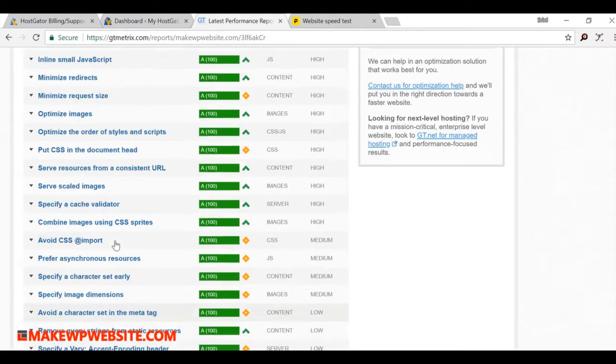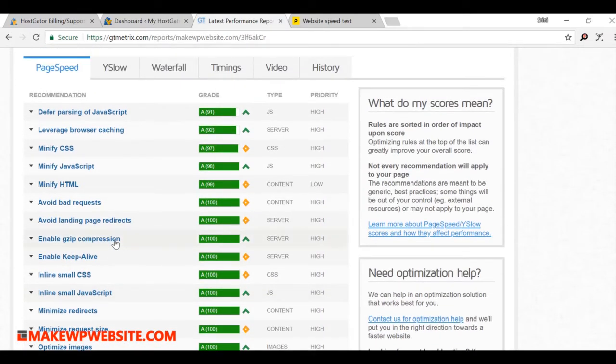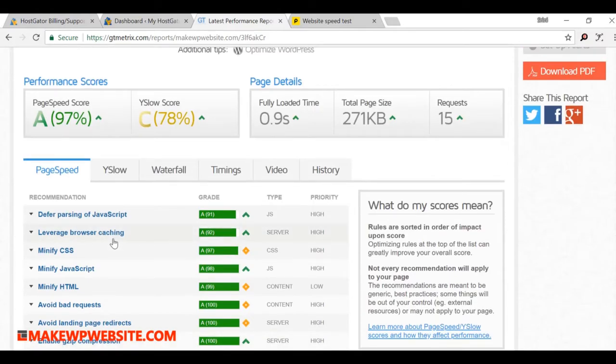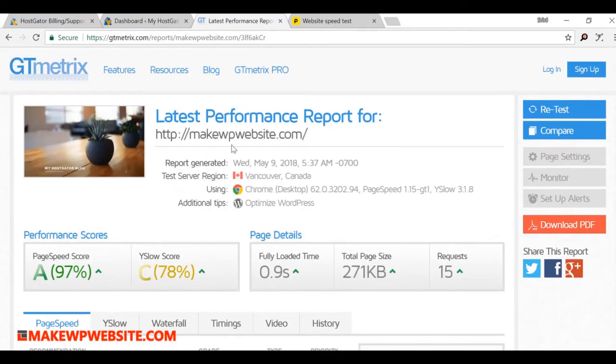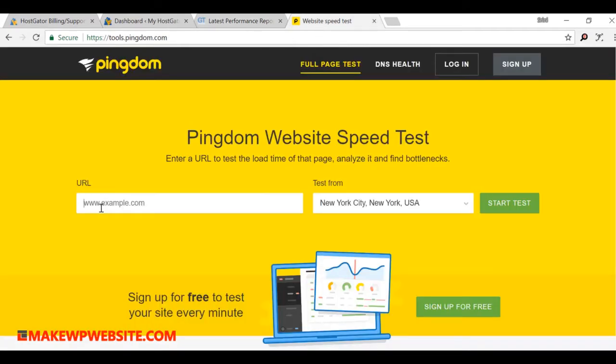I'm not going into too many things because it's too much information as of now. But as and when we add things, if you see an improvement, that's good. But if you see our page speed grade going down or the Why Slow score going down, then I think we need to find a better way of handling things on our site. So this is the page speed score A and the Why Slow score C in GTmetrix. And one thing I want to show you is how well we perform compared to others, because getting 100% is a lot of work.